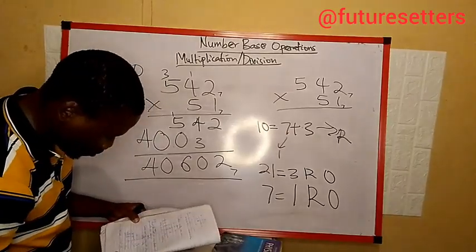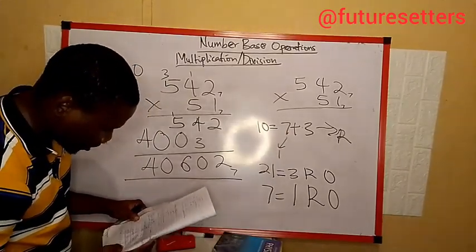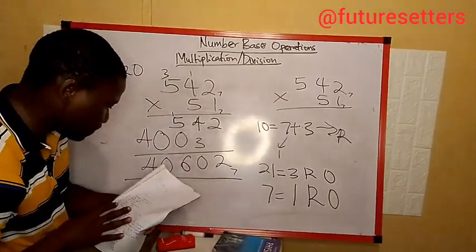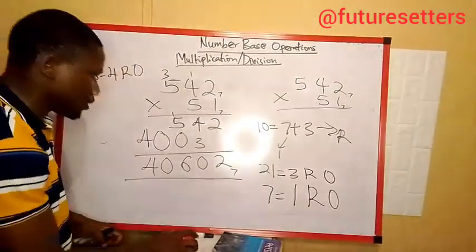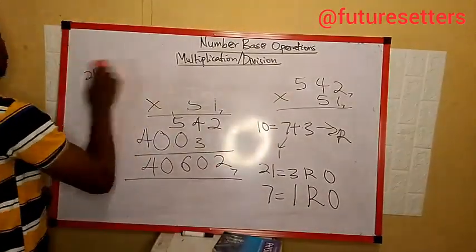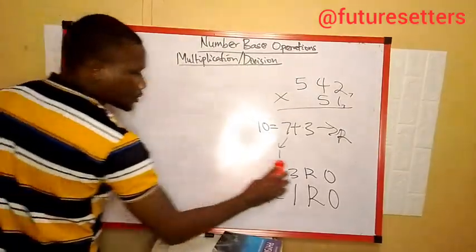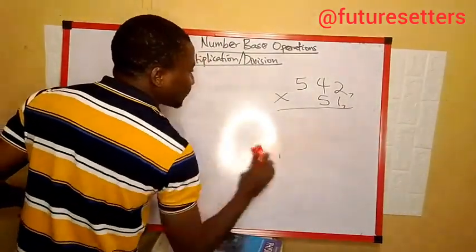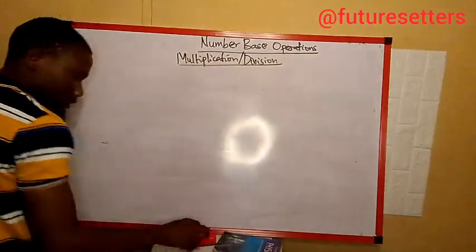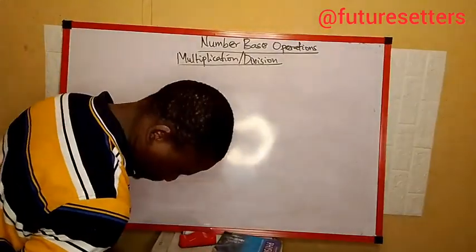So we are going to try one last question together. Okay, so we have this question now. Let's try this question together. Let's see what we can get out of it. So we have this question, and the question says